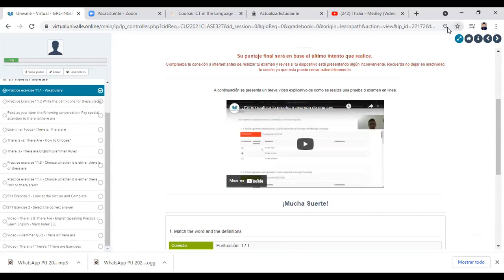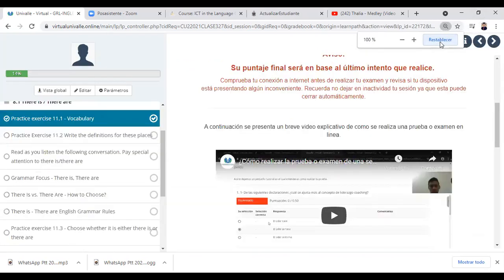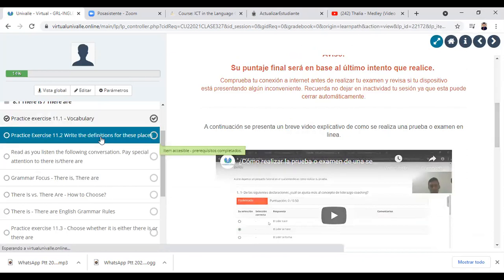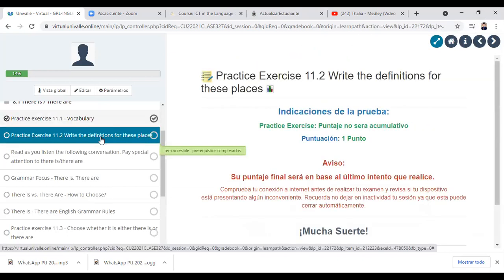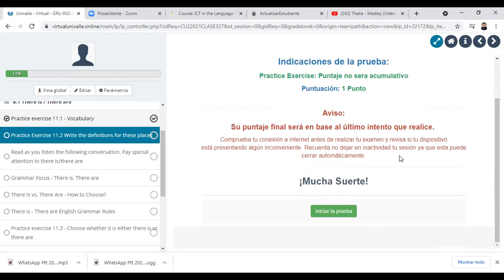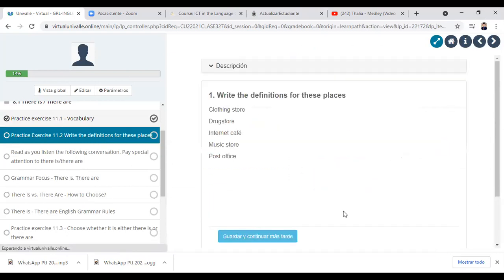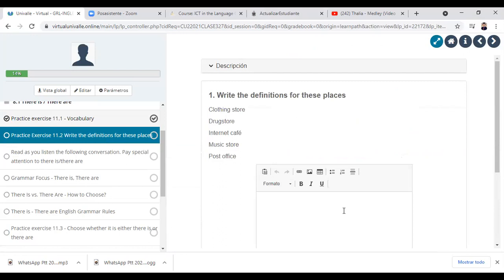Okay, so we're gonna continue with our session, with our lessons, and we also have another practice exercise. We're going to write the definitions for these places. Let's remember practice exercises are not cumulative. Clothing store, okay, sorry for my typing. Clothing store,